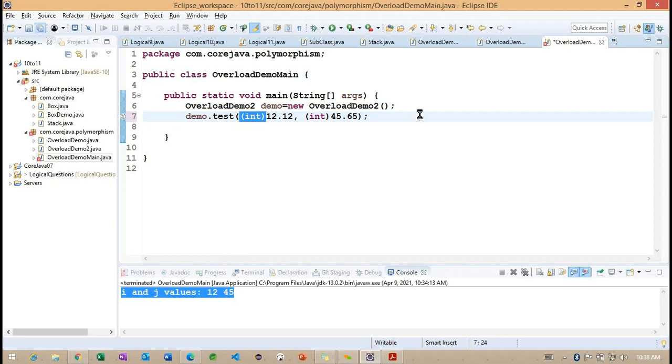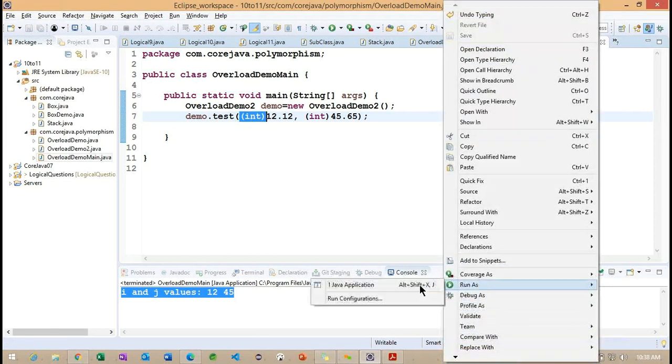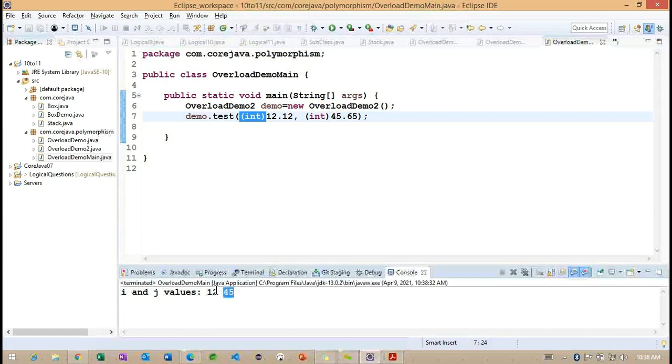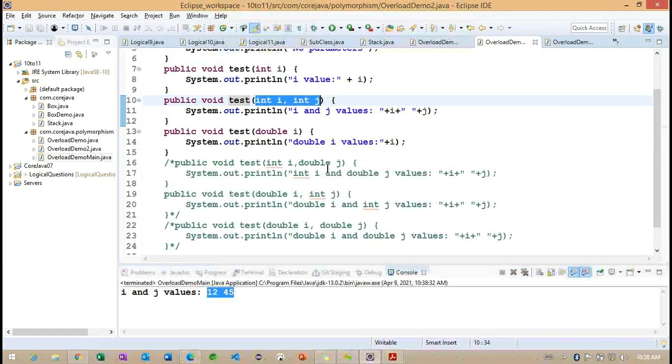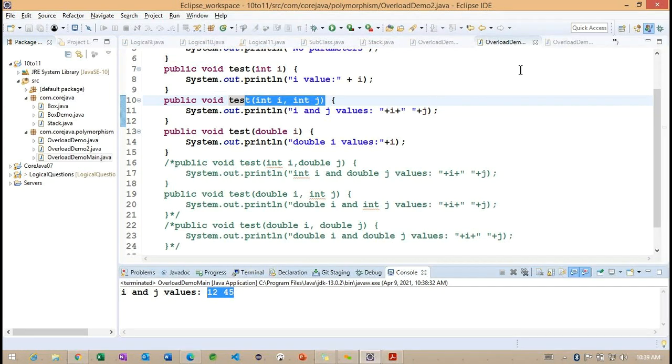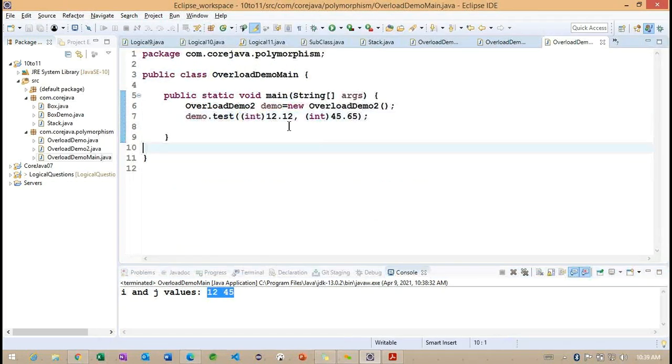Now, if I call the same example, you can see what we get. But here we need to understand what exactly the method is taking as a parameter. This particular method is expecting an int data type here. Basically, the int data type will not keep the digits after the decimal point, so those fractional values we are not going to get. Because of this, we are getting 12 and 45. But what we are passing here, after the dot, is 12 comma 65.